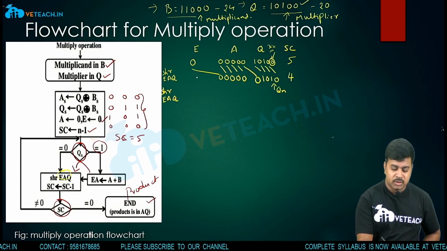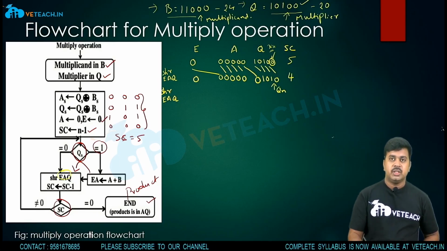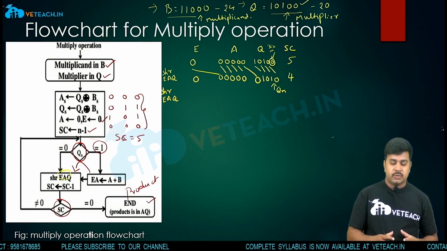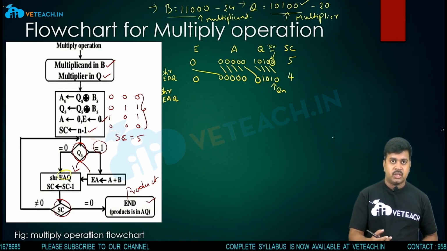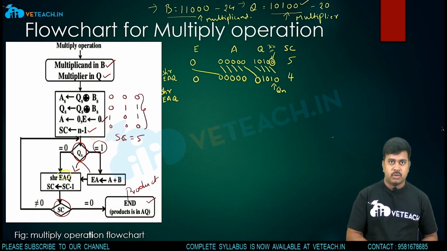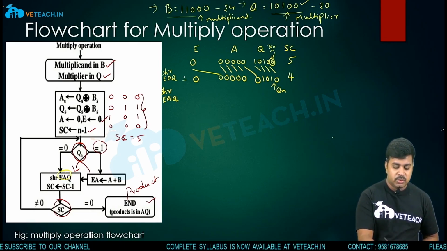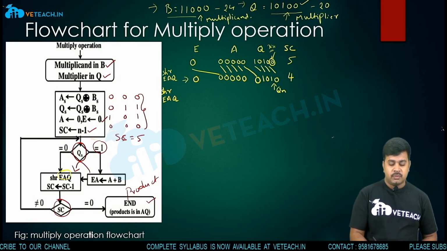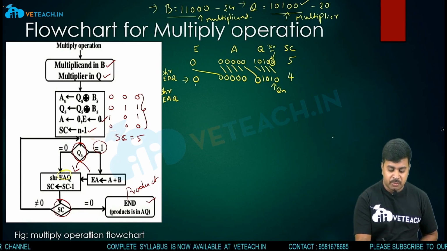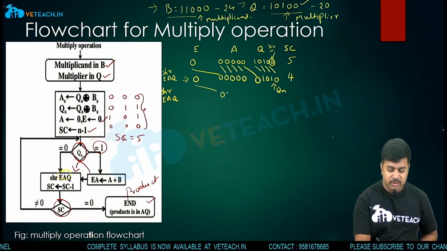Here I am inserting 0 in the place of E. Why? Because there is no value over there. So instead of having no value, if you put 0, nothing will happen. If it is 1, that is a problem. So no value is there, right? That is why I am inserting 0 here for doing the shift right operation. Now the shift right operation will be performed here, and it will be like this.